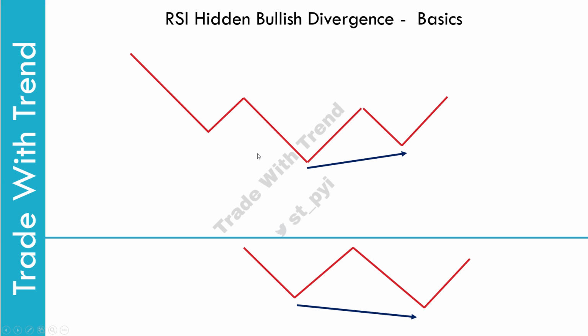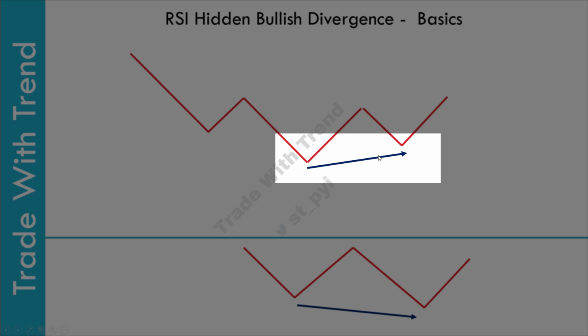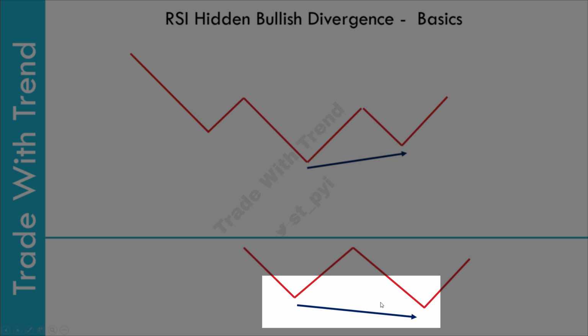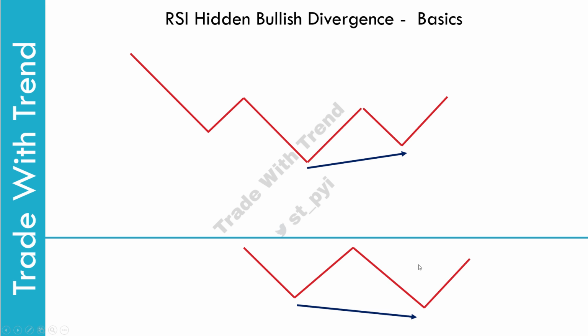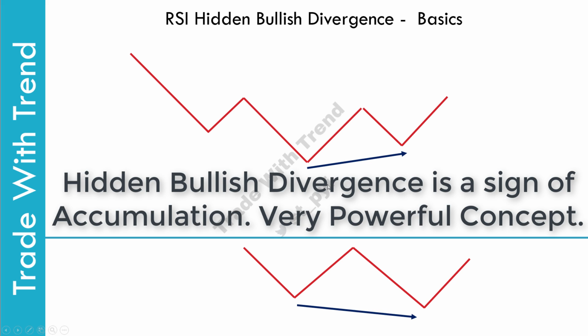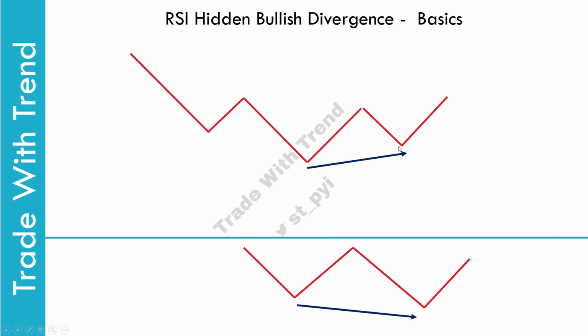In the above chart, price is actually forming a higher low, whereas in the indicator section, this is the RSI indicator section, the indicator is essentially forming a lower low. Now this phenomenon of price forming a higher low but RSI forming a lower low is called RSI indicator hidden bullish divergence. Now while looking at this indicator, traders are actually expecting price to move lower as momentum is increasing on the downside, but price continues to trade above the previous swing low and forms a structure of higher lows.